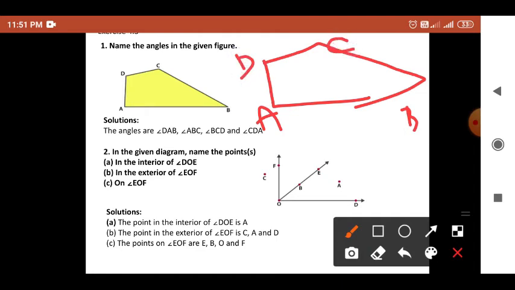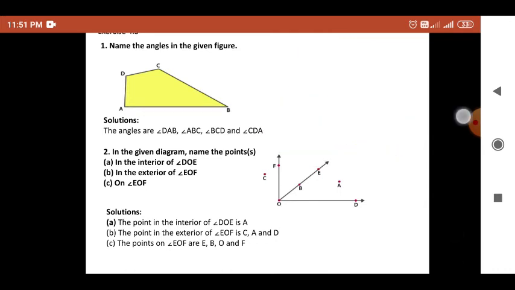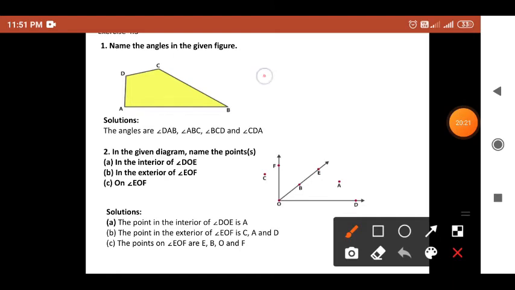Here, which are the angles? It is a closed figure and two rays meeting at one point means an angle can form, right? See here also, the corners will be the angles. So which are the angles in this figure? You have to name. See, an angle should be represented by using this symbol. Always, if you want to write the angle, you have to use this symbol. Okay.